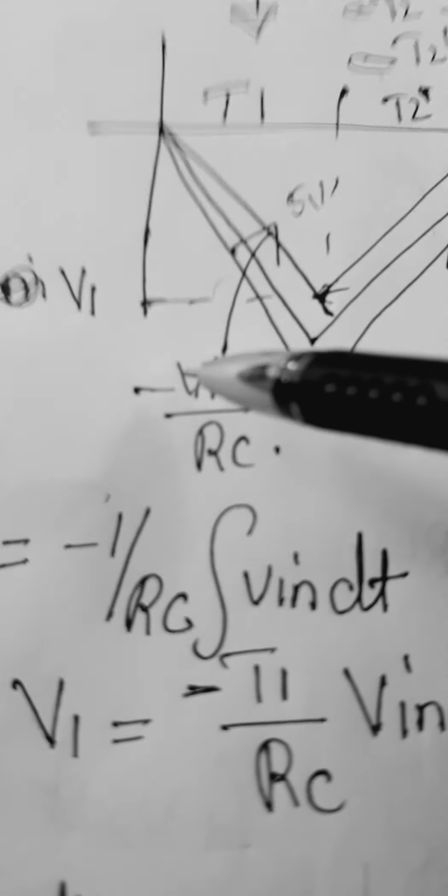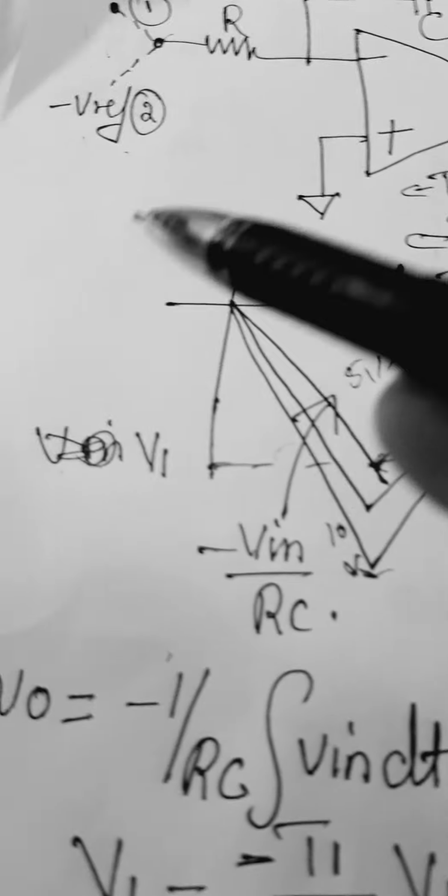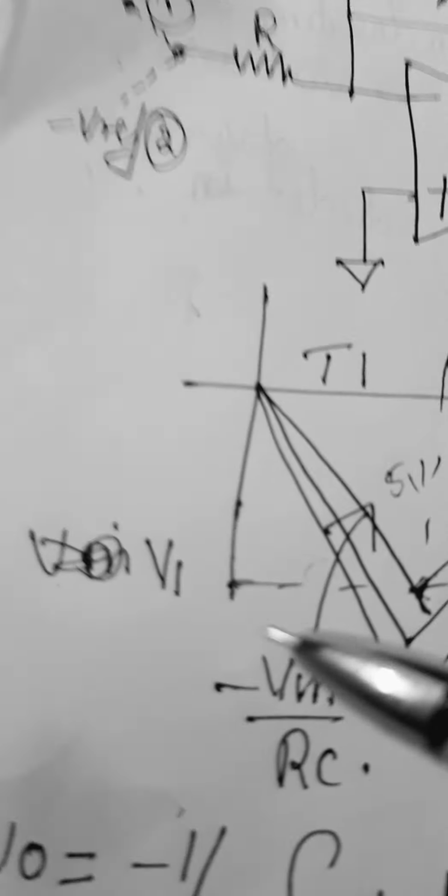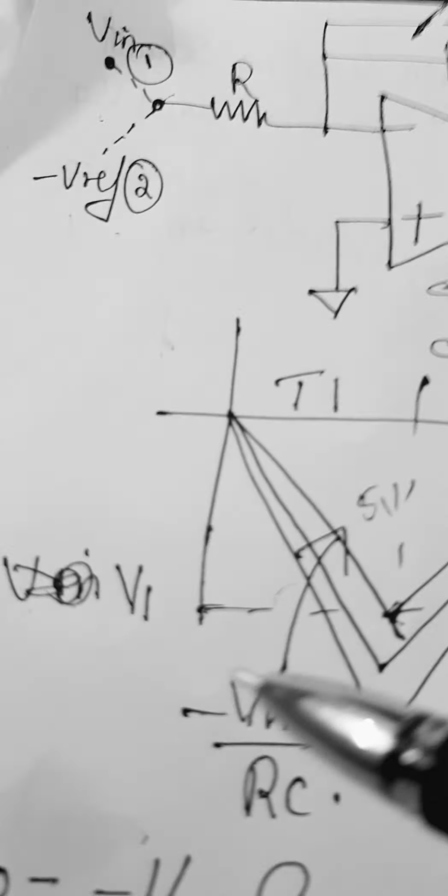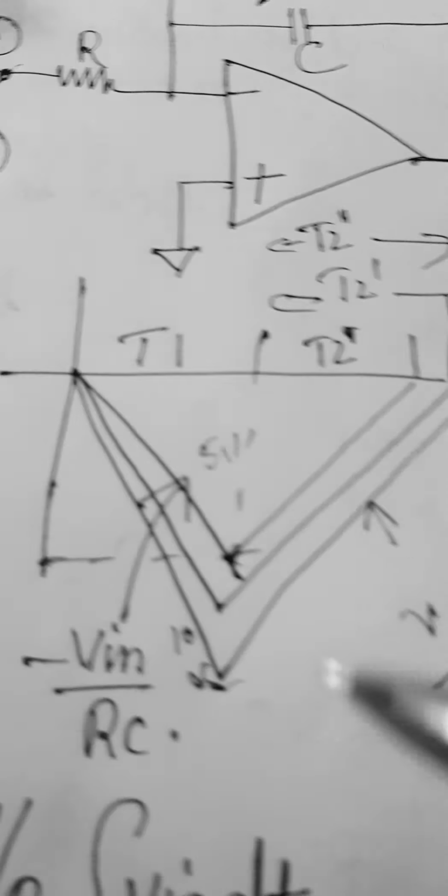Okay. So here the slope is Vn by RC. Vn is always a different value. Initially you are using some 5 volts, and after that you want to convert to 10 volts. So Vn is not constant, so the slope is changing. Here the slope is constant. That is the key factor you should remember.